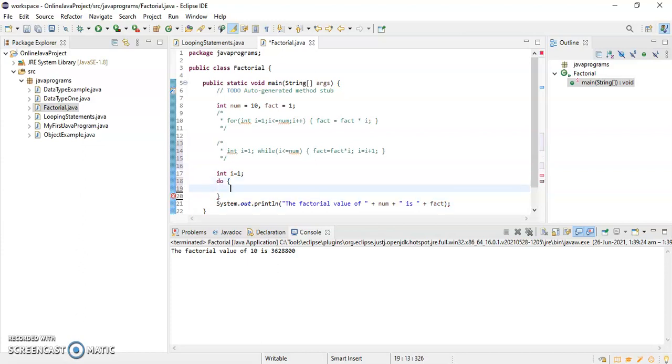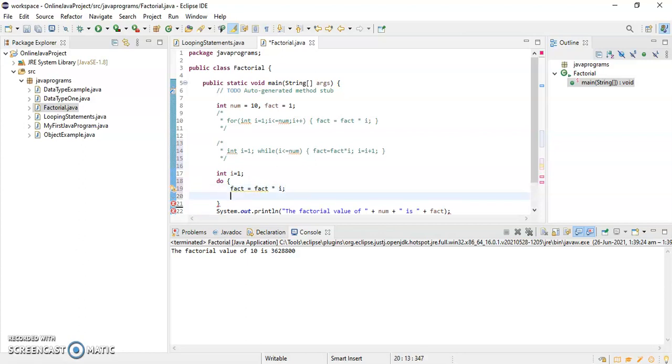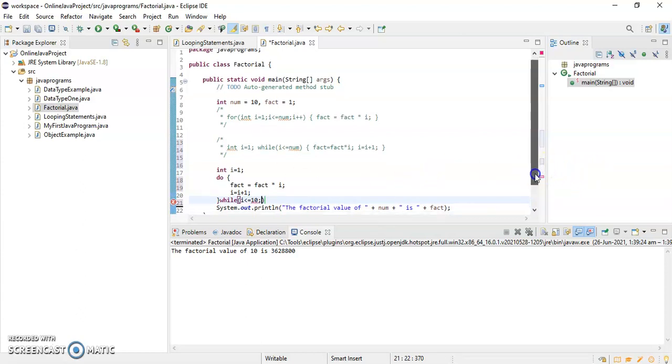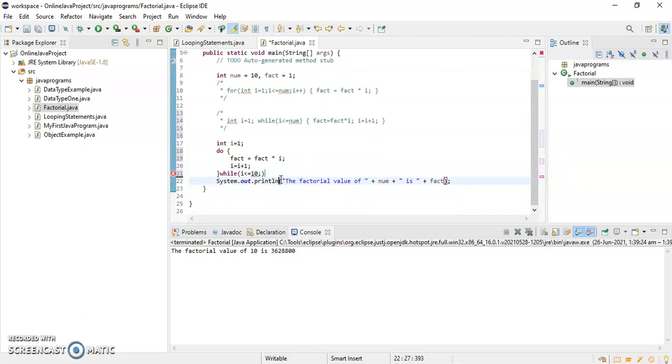It has to calculate the factorial, so the logic is fact is equal to fact into i, and i is equal to i plus 1, and we put the condition at last, while i less than or equal to 10. We have to put a semicolon here after the parenthesis. If I run this, I'll get the same output.